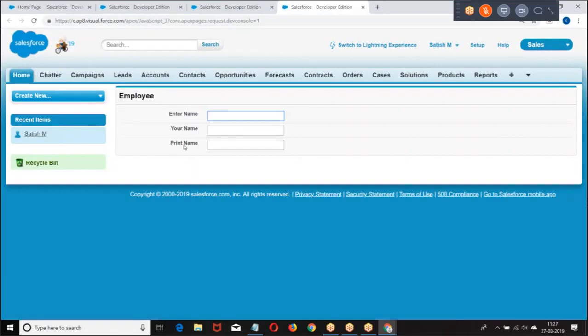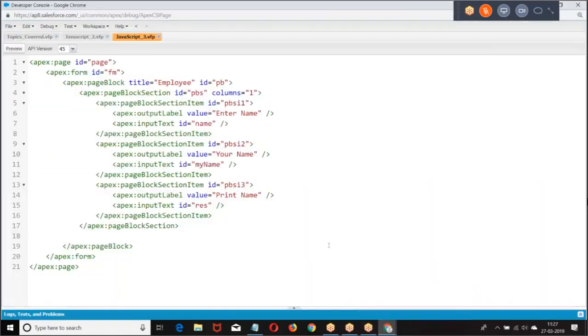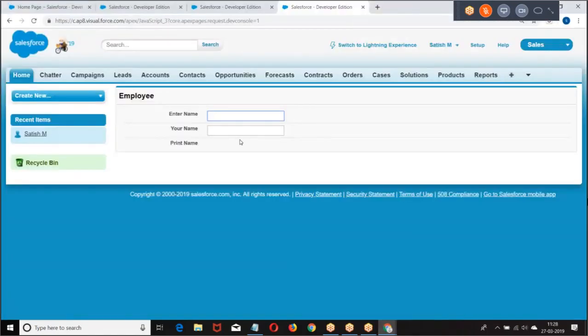Enter name, your name, print name. Here, instead of input text, I'll take output text. What is my requirement? Whatever name you entered here, I want to print here, and I want to print here.